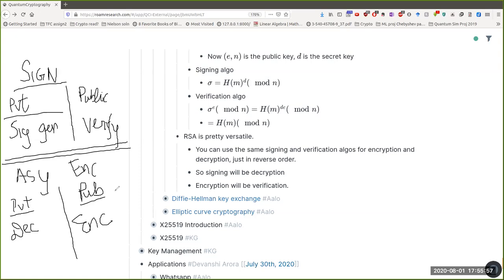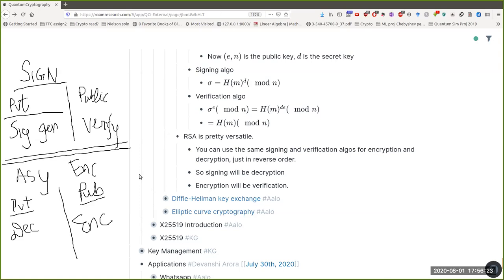But if that message is only intended for me, only I should read it, right? So that decryption part, changing the ciphertext to a human readable form, should only be done by me. Again, exclusive to the user. So now I'll show you how RSA can be used for signature and for asymmetric encryption. The only thing you have to do is reverse the operation.